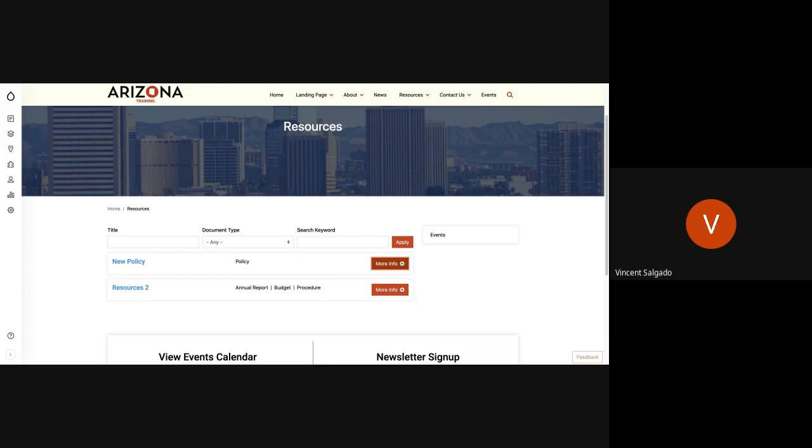To upload those resources, what our vendors do is identify all the documents you may have posted on your website and then upload them as resources. So you might see a lot of things in there that may be old and you don't need anymore. But just note that when you are in there, it's pretty easy to go through and delete what you don't need. So for this new policy, for example, if it was something that is old,